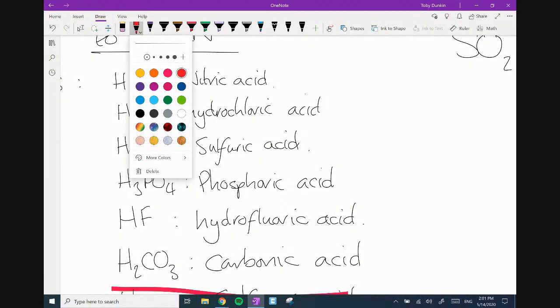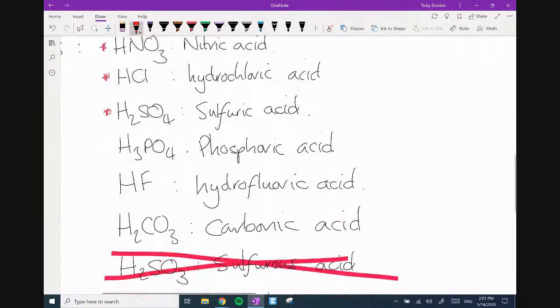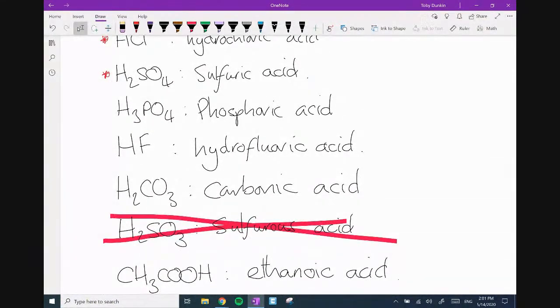So I need you guys to make sure you know nitric, make sure you know hydrochloric, sulfuric, of course. You can skip, phosphoric does appear. I'm going to put that one over here. You need that one for the end of GCSE. It's the catalyst for direct hydration. That's what that's for. That one is a catalyst. You don't need to know the formula, but the name you do.